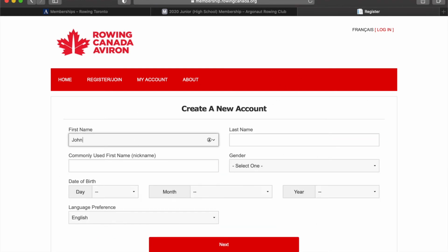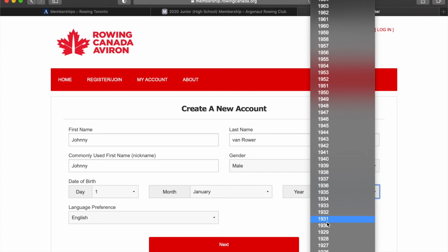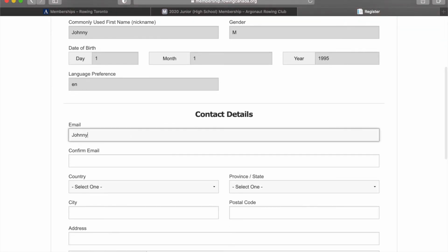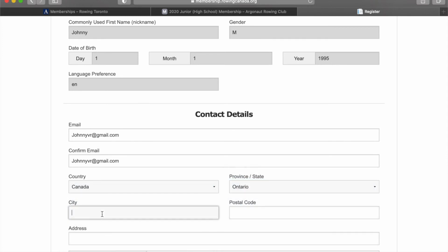And it's here that you would put in the basic information of the rower. So you want to be sure that when you're filling this out, as a parent or a guardian, you're not actually entering in your information, but you're entering in the information of the participant. And you just need really a majority of the same kind of information here. Address,